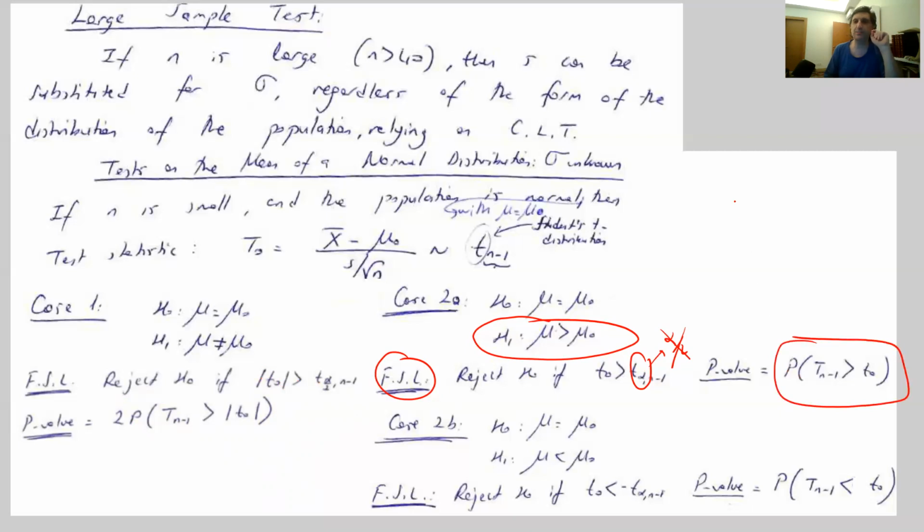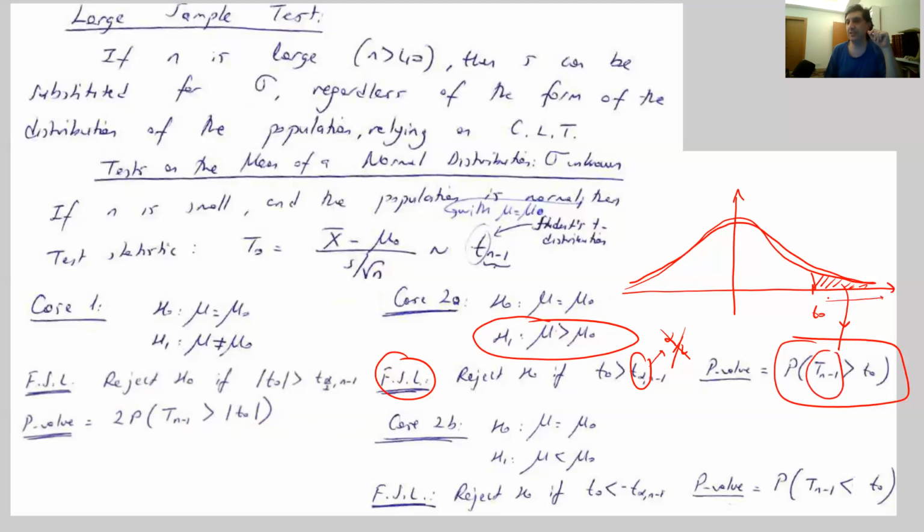There is one more interesting point here. As you can see, there is no absolute value here. And I think there's a question in one of the exercise or assigned questions I'm going to be giving you. That's an interesting thing. Now, this simply means this. Find the t0 value. Let's say that it is here, and it is actually this area that we are talking about as the p-value. So t at n minus 1 degrees of freedom. Find the t values here which are greater than t0 and find the corresponding probability.